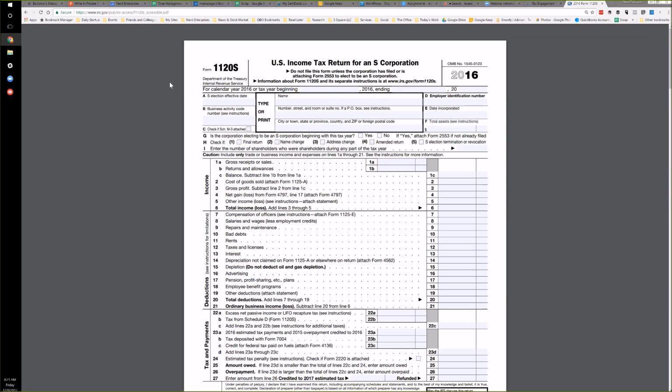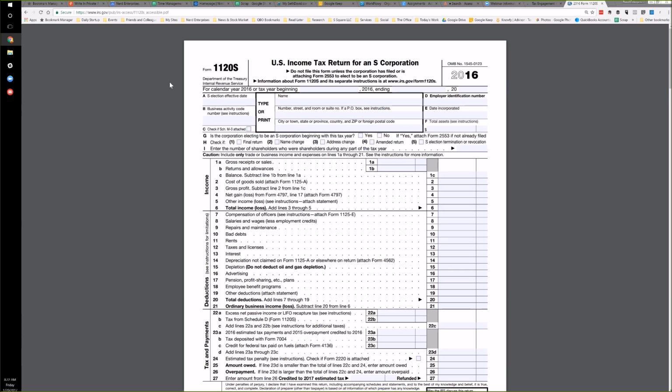96% of the small businesses in the country are S corporations. Right. So knowing this form is much more important probably than knowing many of the others. Now, as we're on Inauguration Day, the C corporation may become more popular later if tax reform is done in such a way where the C corporation tax rate gets knocked down. But for now,